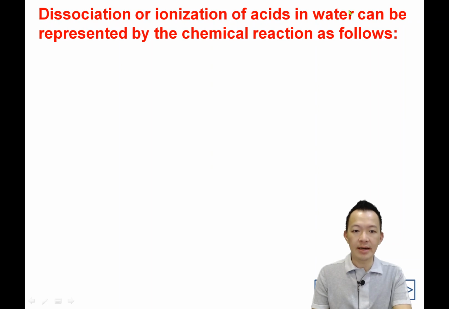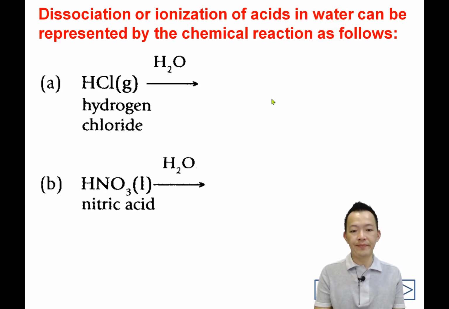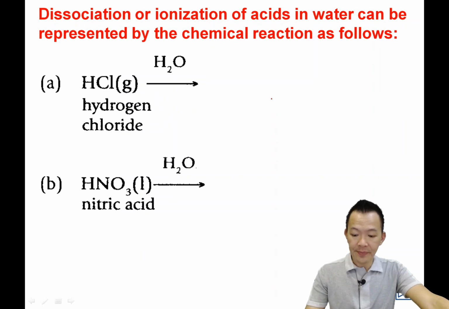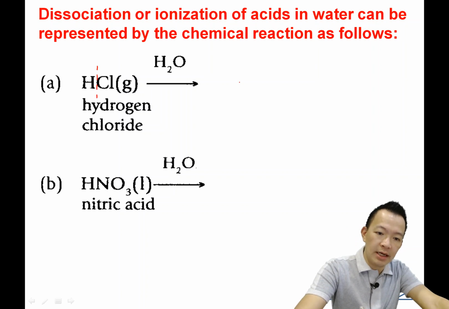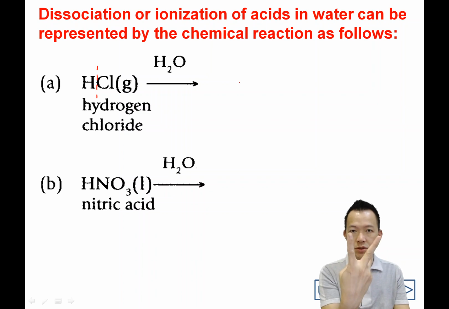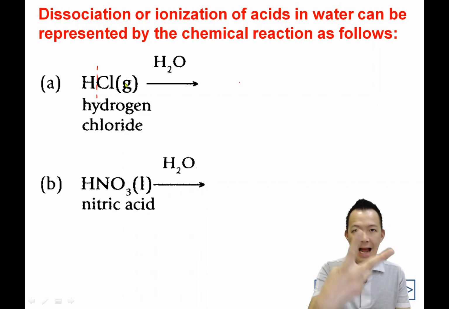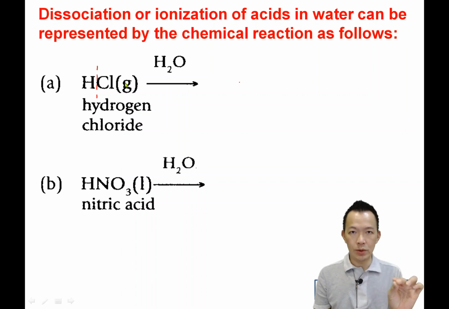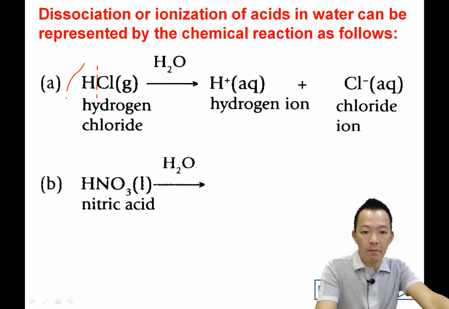Okay, and any example? 有什么例子呢？So the dissociation and the ionization of the acid in water can be represented by the chemical reaction as follows. Number 1, hydrogen chloride. Okay, hydrogen chloride actually is a gas. 它是一种 gas. But when the gas dissolves into the water 不过当这种气体呢溶解在水里面，it's going to dissociate in water 它在水中解散，and the hydrogen chloride molecule is going to dissociate 这个分子呢就会解散，它就会离子化 ionize and finally produce hydrogen ion. 然后它产生了 hydrogen 的离子。